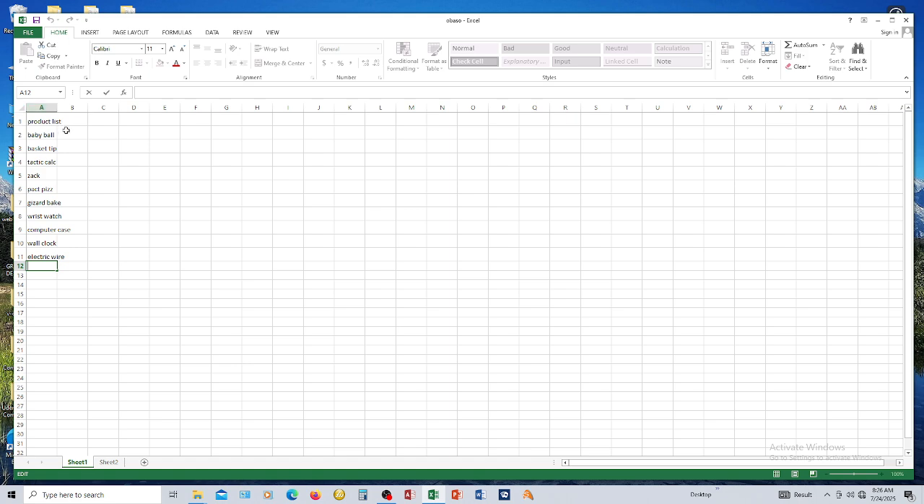Now, let me explain how you can adjust your column. If you want to adjust your column, sometimes you may take your mouse to this place. Just click on it. Now you click on it